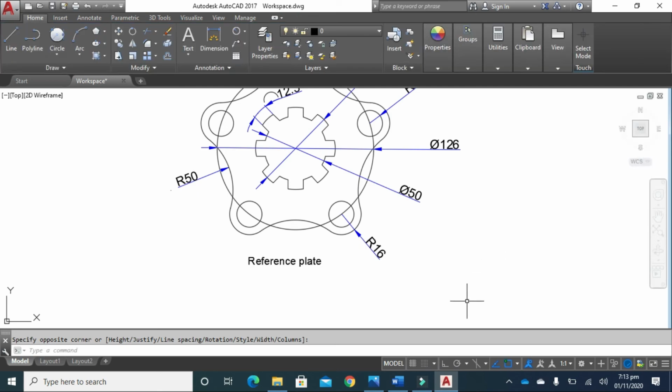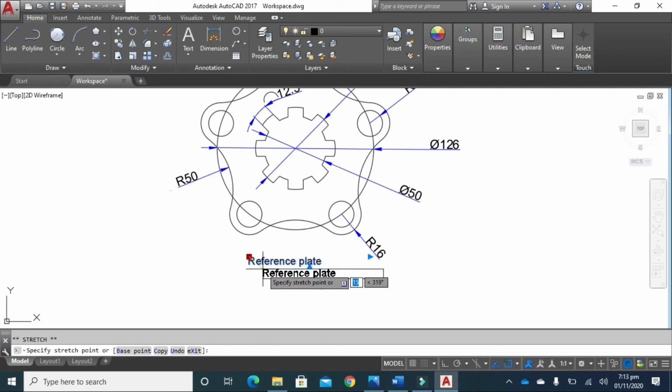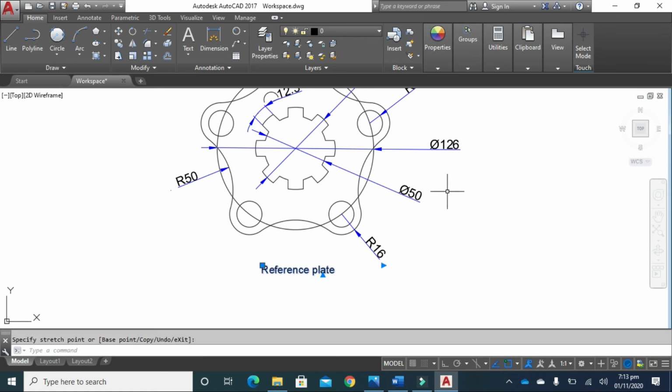Click here. To move this reference plate towards the center, click here. Now click on this box and use your mouse to drag and click here. Now the final step is to save your drawing.